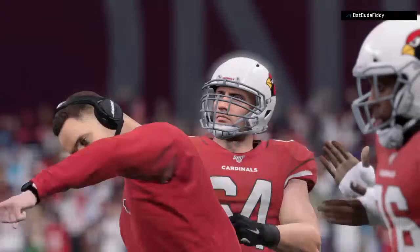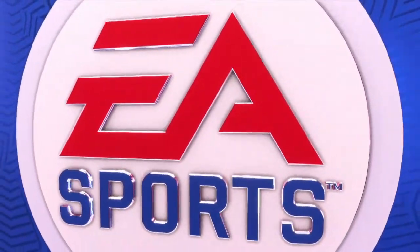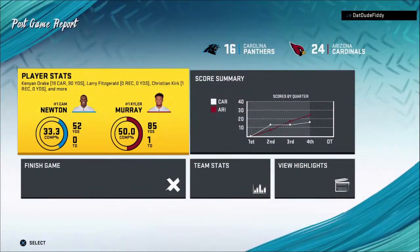So it's a win here for the Arizona Cardinals. And you've got to say, CD, it was the defense who had a big part in the W. Without question, when you